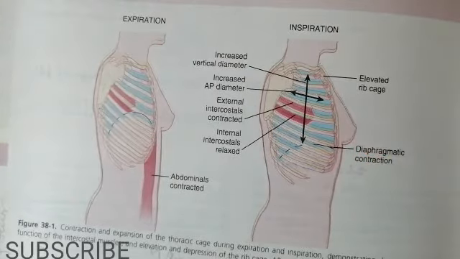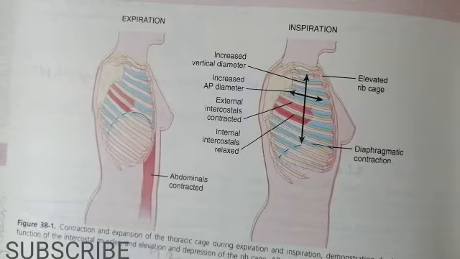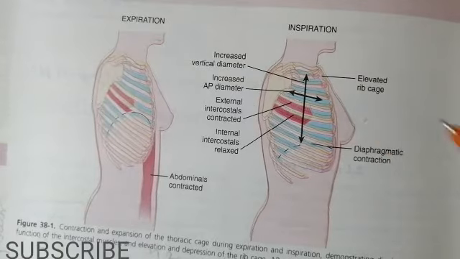The second important pressure is the alveolar pressure. That is the pressure of the air inside the lung alveoli. This pressure is also called the intrapulmonary pressure because it is inside the lung and inside the pulmonary cavity. The two pressures, the pleural pressure and the alveolar pressure, are interconnected by the transpulmonary pressure. What is the transpulmonary pressure? It is simply the difference between the pleural pressure and the alveolar pressure. So transpulmonary pressure is a very important term for the compliance of the lung. That is our next topic.